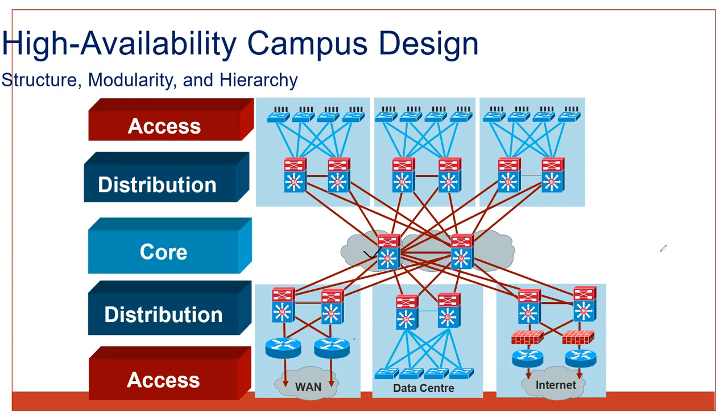If you see this diagram, it is not mentioned in this PPT, but you'll find that this blue color cable that you can see, all these blues, they are L2 connections. And the other color cable that you can see here, this reddish color connection, this is L3 connection. So blue and red, L2 and L3. That means within core and distribution, the communication channel that we have is L3, it is routed. What is the advantage